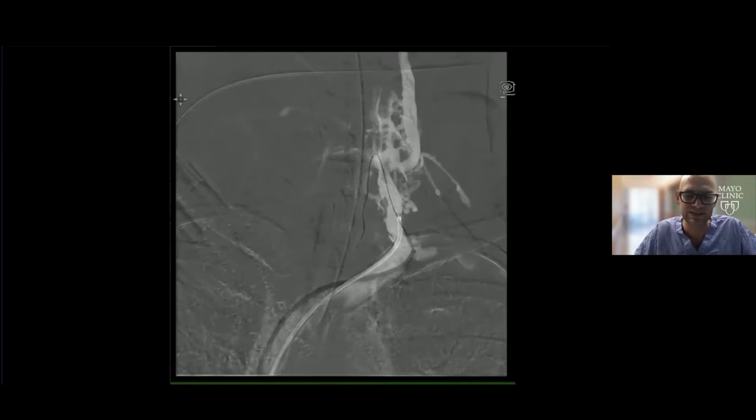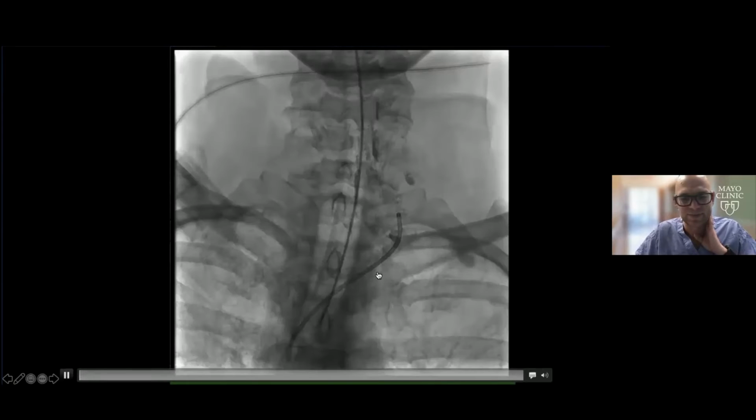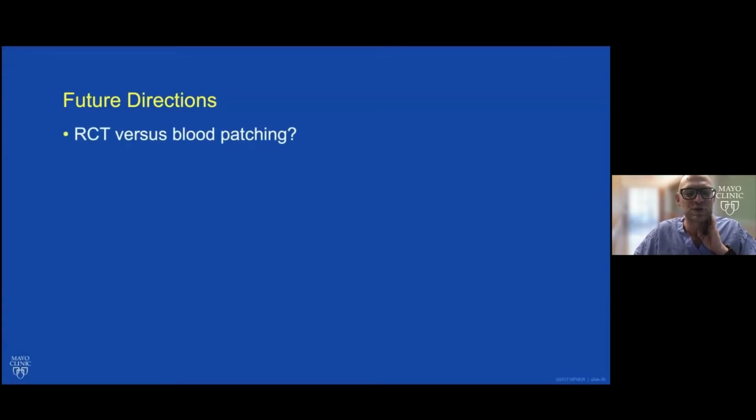It just makes it a lot easier than some of the other techniques that I was doing earlier on. Obviously, this is all evolving, but you can see here we were able to navigate into a left T2 fistula fairly easily. So, future directions: Mark's data are so convincing, and his approach is so elegant,